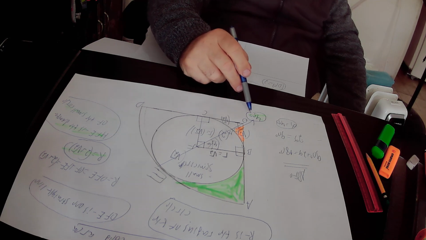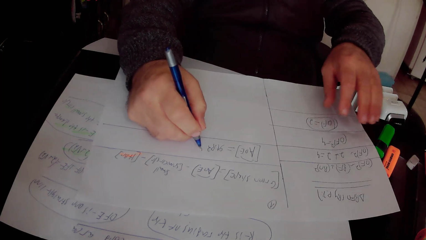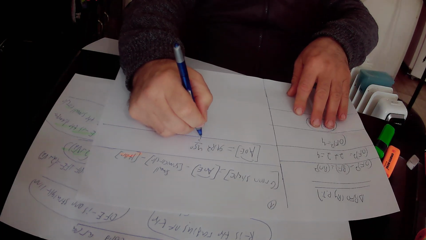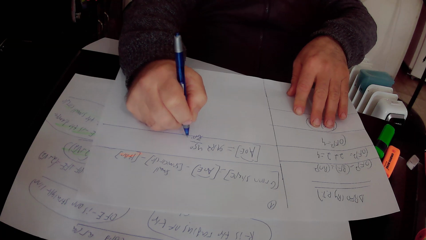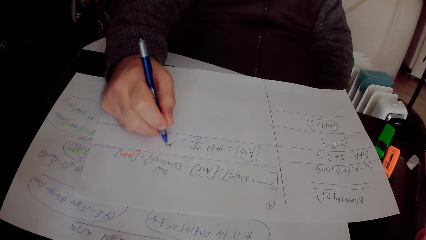This angle equals 45 degrees, so it is 45 over 360. So the area of the big sector AOE equals pi times capital R squared